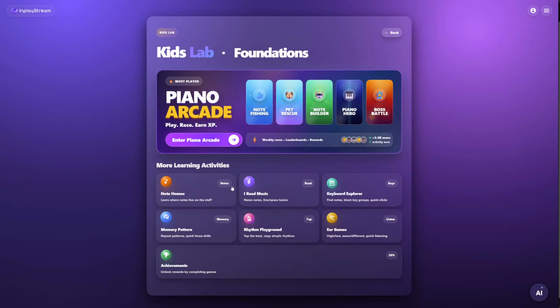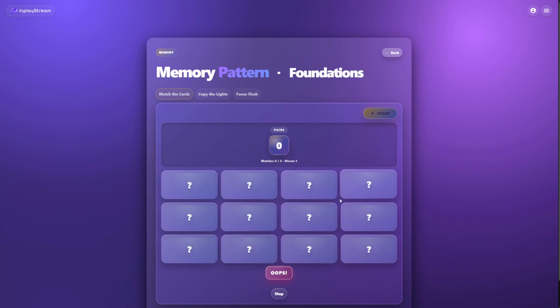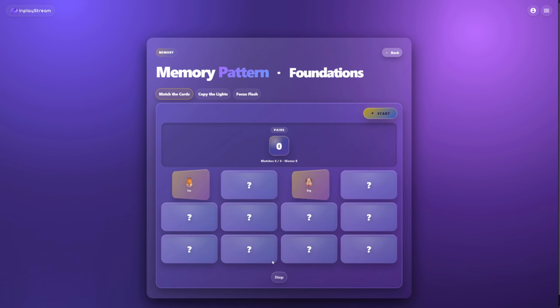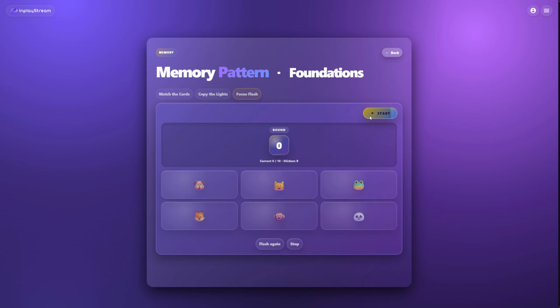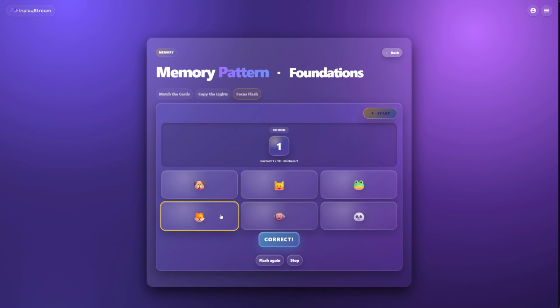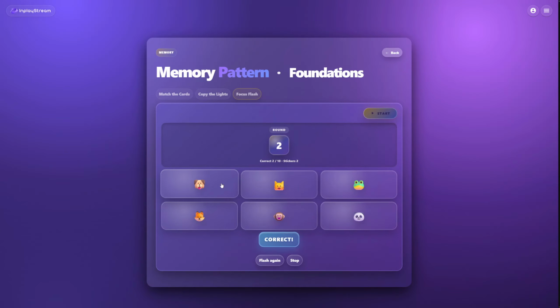Next, open Memory Pattern. Match the Cards is a traditional matching game that develops concentration and visual memory. Copy the Lights shows a sequence of colored pads for students to repeat in the same order. Focus Flash uses a similar format with a sequence of animals. These activities are especially useful with younger students when the lesson needs a short change of pace while still reinforcing